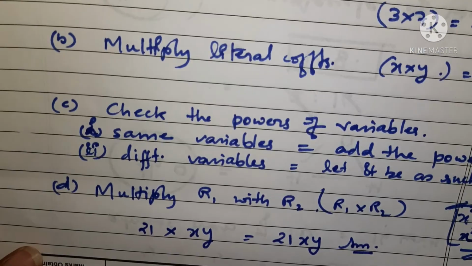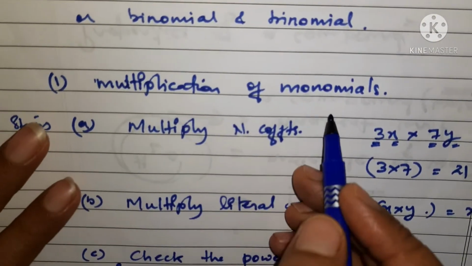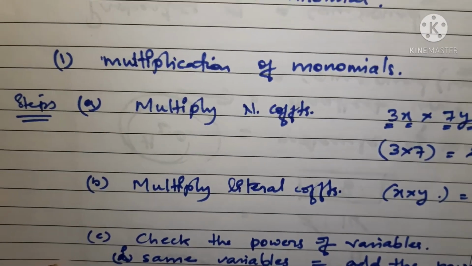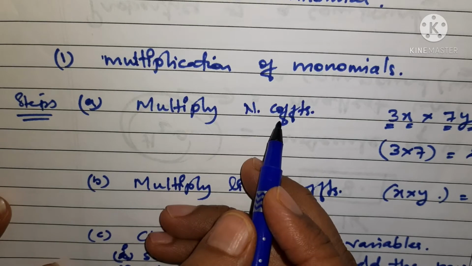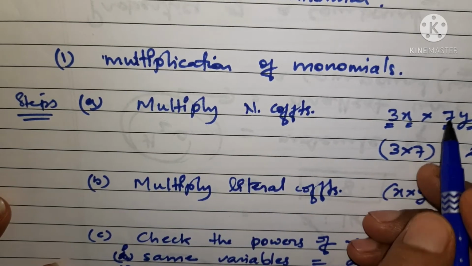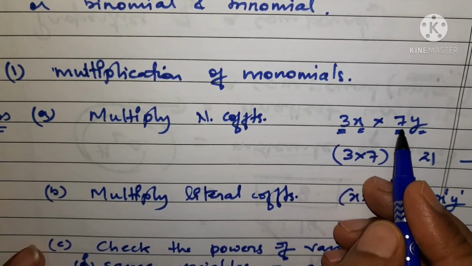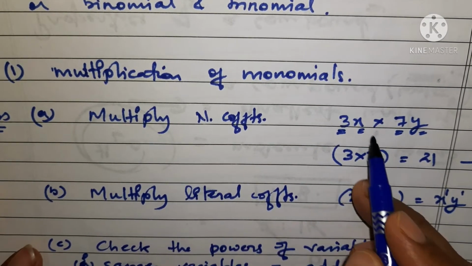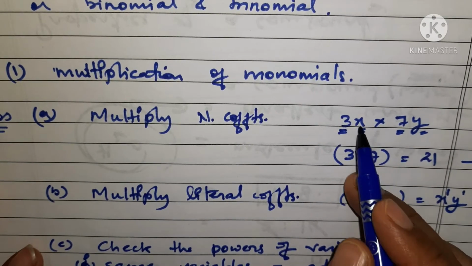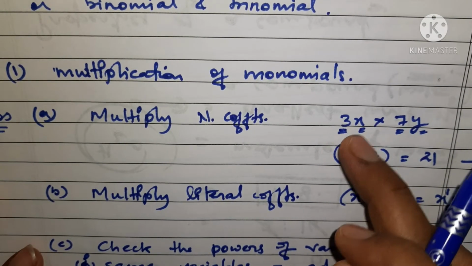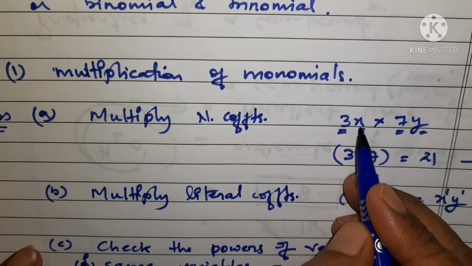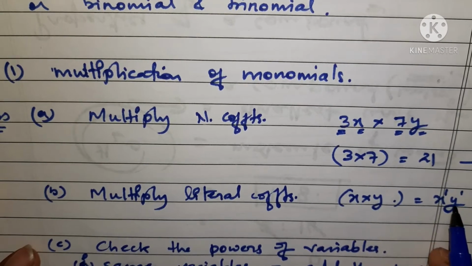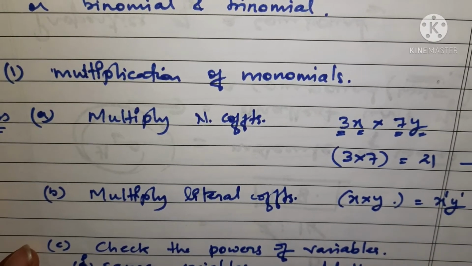Have you understood what we did? हमें क्या करना है कि multiplication of monomials में we have a few steps. Just follow the steps. First of all we will multiply the numerical coefficients. जो भी नंबर्स हैं उनके कोफिशिएंट में जो न्यूमेरिकल कोफिशिएंट्स हैं हमें सबसे पहले इन्हें मल्टीप्लाई करना होता है. Then multiply literal coefficients. इसके बाद जो वेरिएबल पार्ट होता है, हम उनको मल्टीप्लाई करते हैं. यहाँ x और y है जिसे हमें मल्टीप्लाई करना है. हमने xy को multiply किया तो xy हमारा result product बन के आ गया.